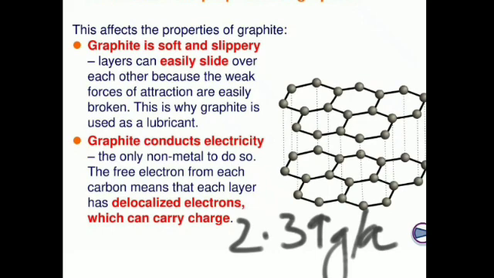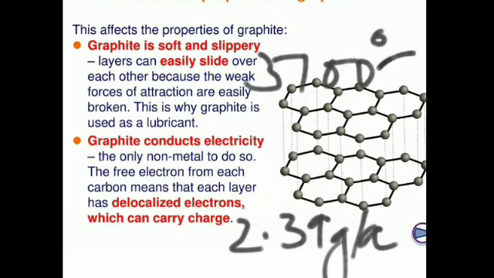It has a high melting point of 3700 degree Celsius. This is the melting point of graphite, and it is stable to heat because of strong carbon-carbon bonds. The bonds between a single carbon atom and the 3 other carbon atoms are strong, making graphite stable to heat, that is heat does not affect the structure of graphite.